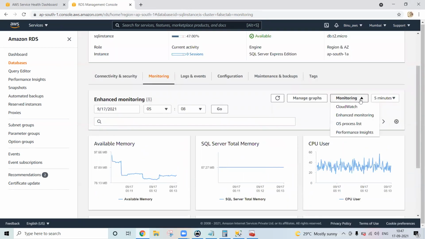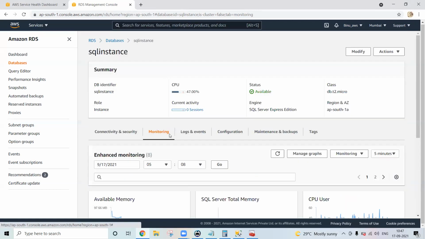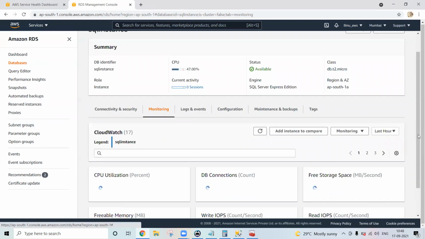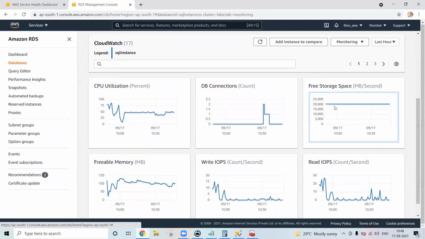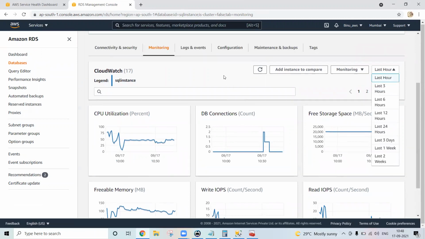Now we can get it from here also. Process list we have checked, right? Enhancement we have checked, right? Other people simply go to the simply monitoring. Okay. Now this is the enhanced monitoring, right? Now simply click the monitoring. Okay. Yeah. So see, now it came back to the original, right? So here there is only the option, let's say I would like to check the 10 and 5 minutes. Okay. So no information.